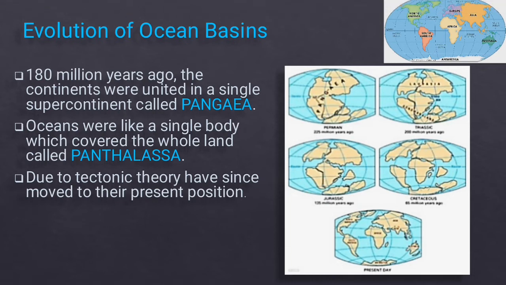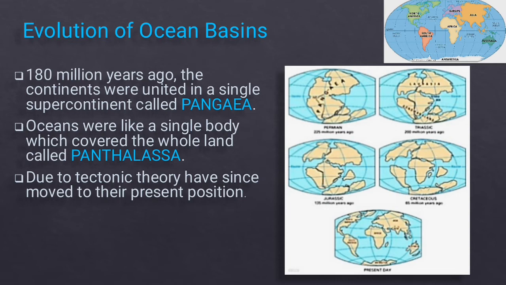So as we have previously discussed about the different stages of oceanic basin evolution, the ocean basins form initially by the stretching and splitting, rifting of continental crust. So 180 million years ago, the continents were united in a single supercontinent called Pangaea, and the oceans were likely a single body which covered the whole land called Panthalassa,